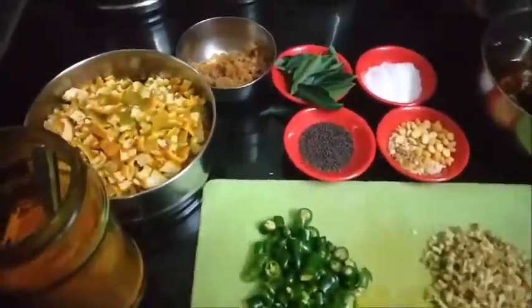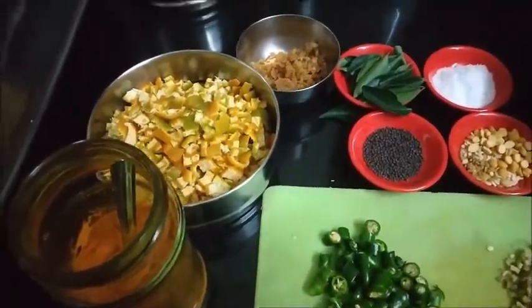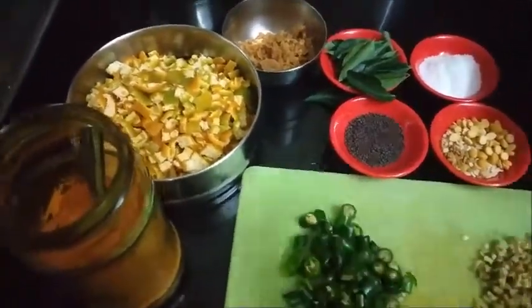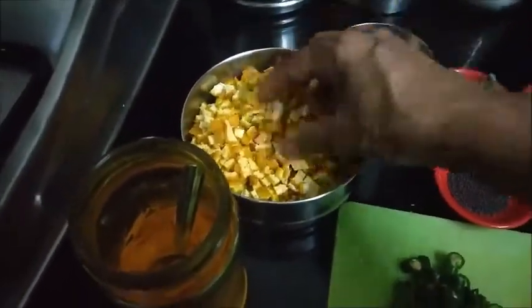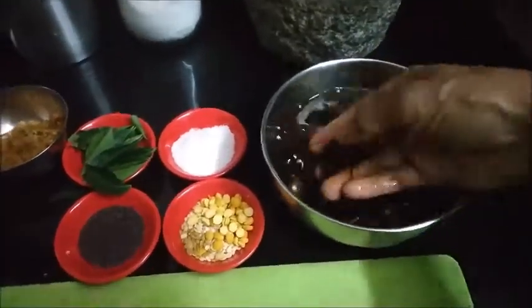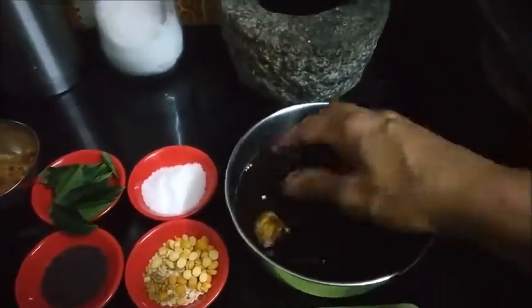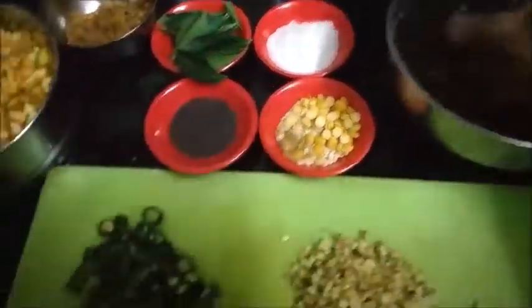Today I am going to make a tangy and spicy pickle. It is called Puli Inji, but today I am going to make it with orange peel. So normally Puli Inji is made with the old tamarind, and the pulp is made,